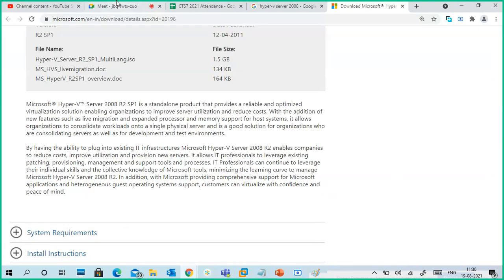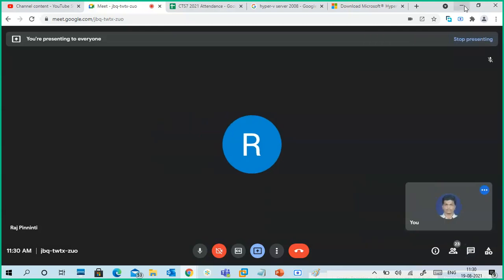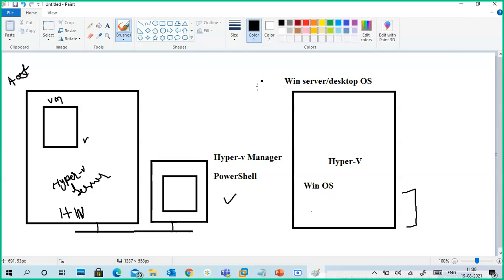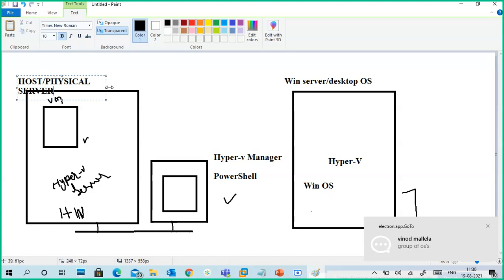What is the use of Windows server? Group of OSs. Okay.